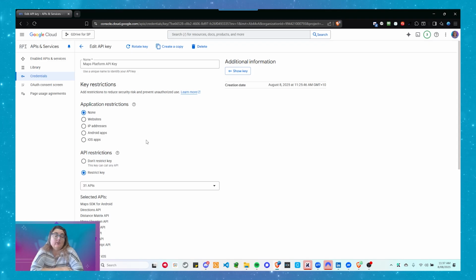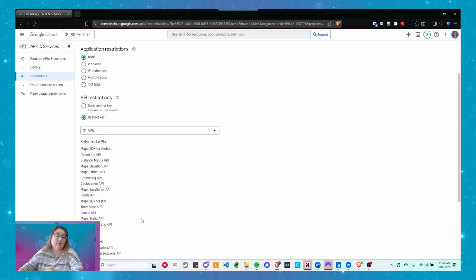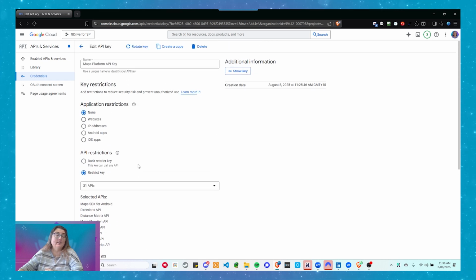When you get that email from Google that says you should consider restricting the key, this is what it's talking about: the application restriction. We're not going to worry about the API restrictions. The API restrictions really just tell us what APIs we can access with the key. These are set up when you create the key. The application restrictions are the ones we really want to look at.